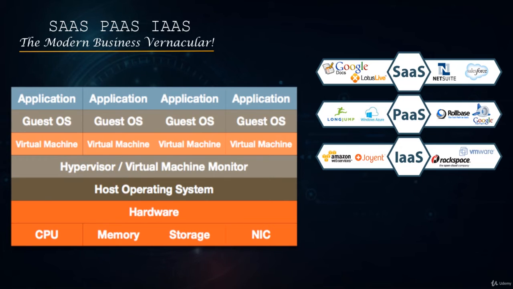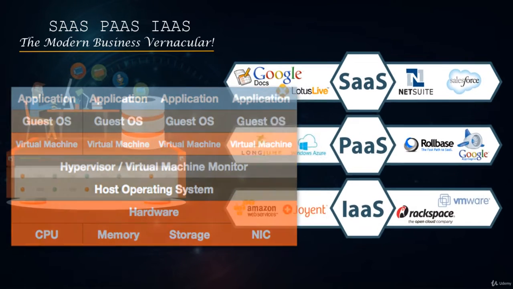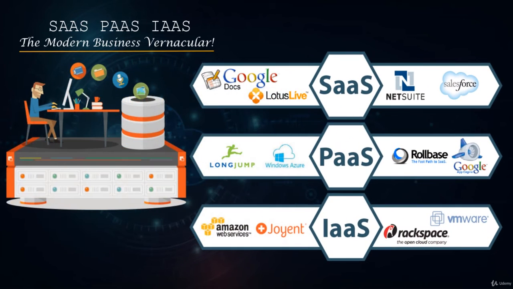So on top of the hypervisor, we're now able to utilize virtual machines, and these virtual machines will make up your infrastructure as a service. Okay. With that, let's move on to platform as a service. In certain situations, you may not want to host your own hardware as well. At the same time, you don't want to go for software as a service. You want something in the middle, which is platform as a service.